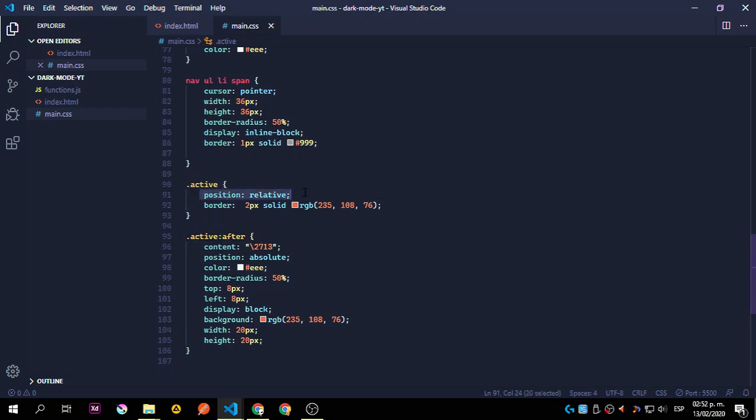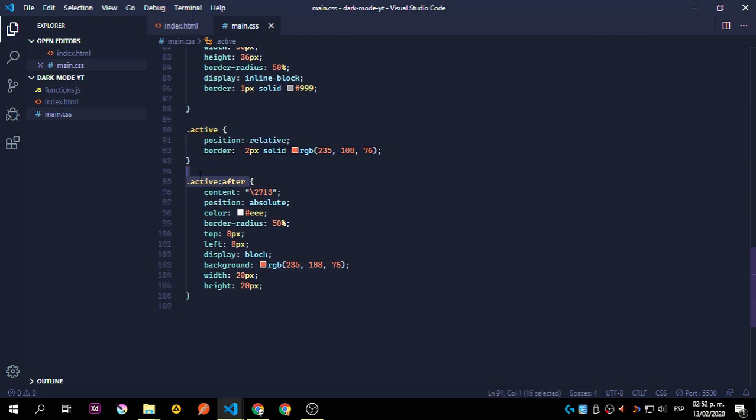So we're going to set the position relative and give it the 2 pixel solid and this kind of orange color. And to this active, we're going to append after the content of the tick. So this is going to be the tick. Position absolute, color is going to be whitish. Border radius, we're going to set also border radius to 50% because we want it to be